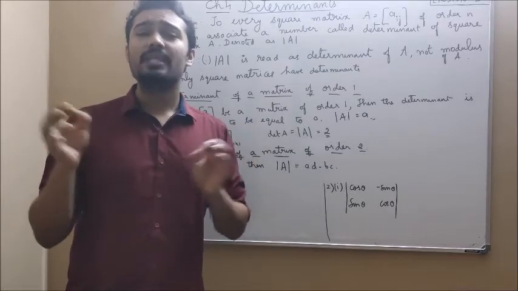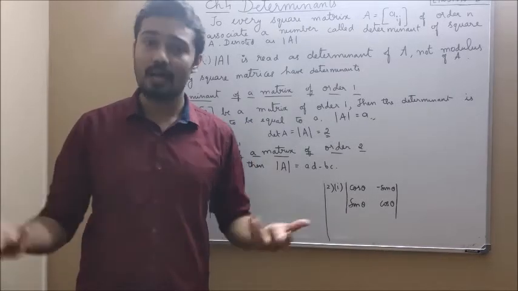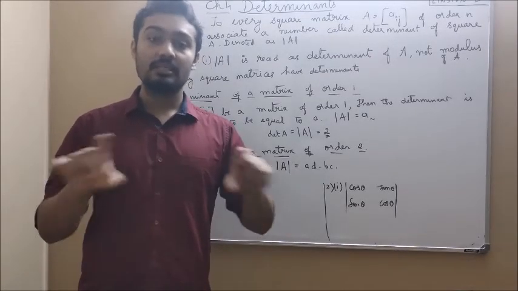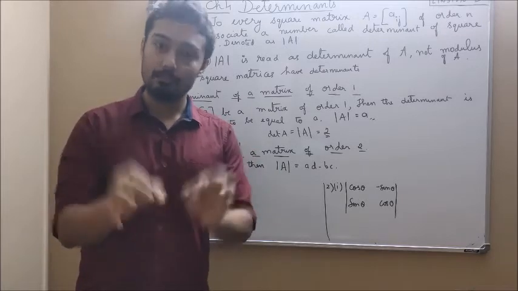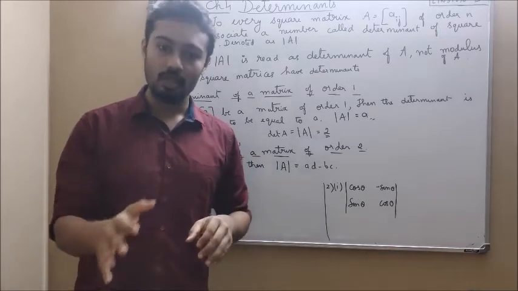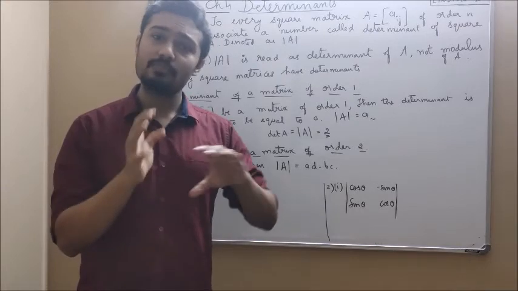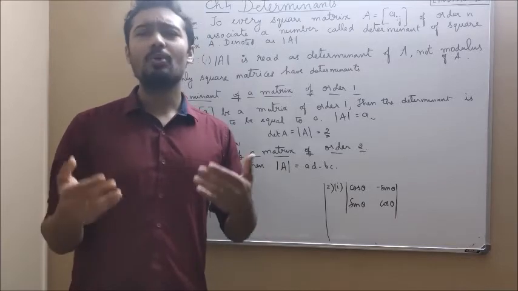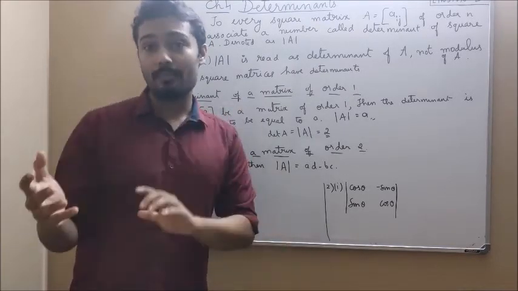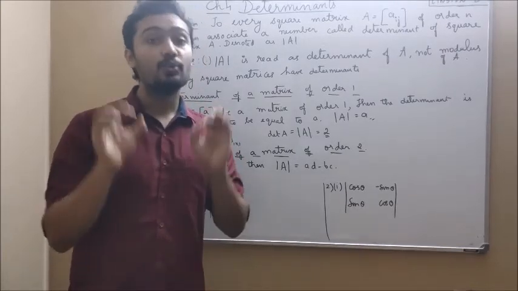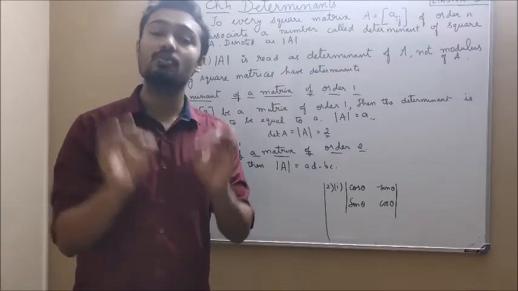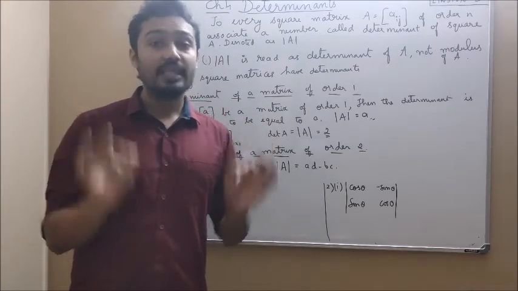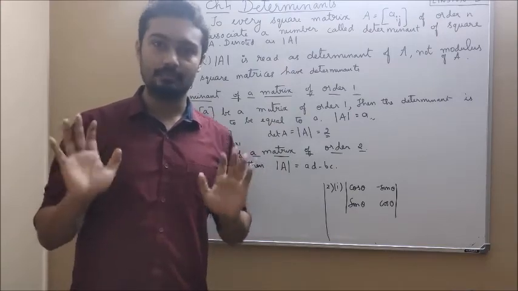So, what is the meaning of a unique number? For example, you must have seen motor vehicles. They have a nameplate in the front. The nameplate contains a unique number associated with that vehicle, so we can identify each motor vehicle by its unique number. When you take that analogy to square matrices, we have a unique number which can be associated to a square matrix of order n. So, the determinant is nothing but a unique number associated with the square matrix.